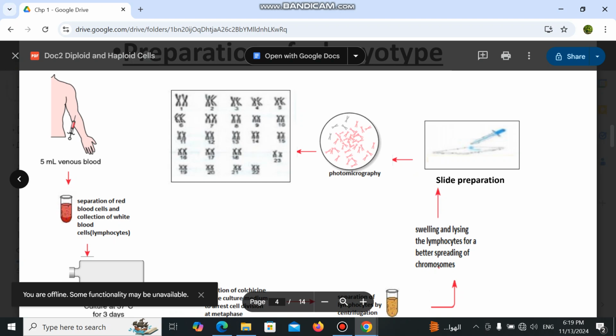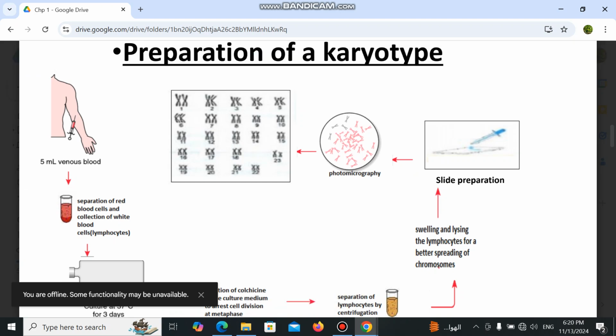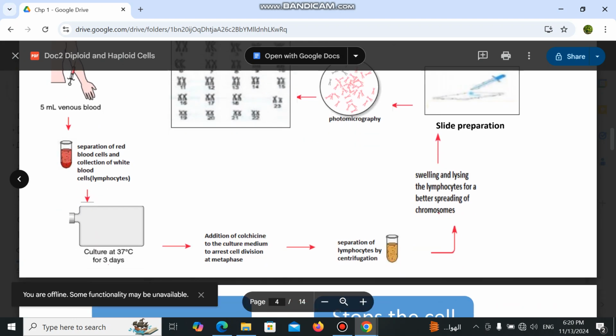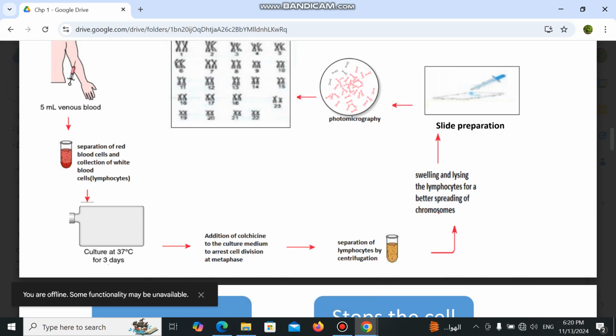Step number one, we obtain a few milliliters, for example 5 milliliters, of venous blood. This blood, as you know, is made up of a liquid, which is the plasma, and cells. So we have two types of cells, red blood cells and white blood cells. By number, red blood cells are much more numerous than white blood cells, but